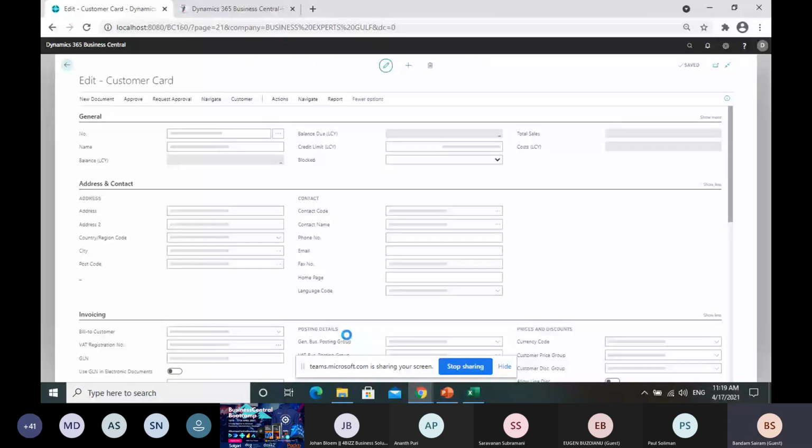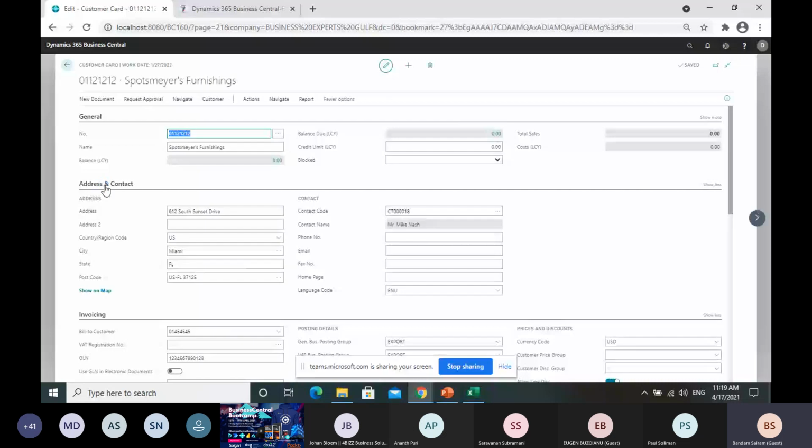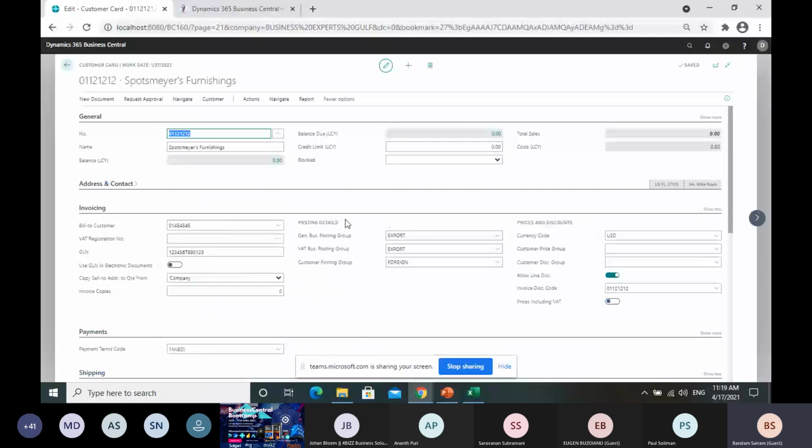Inside the posting details, when you are going for invoicing, there is a posting detail called general business posting group, and on top of that, customer, which is a specific posting group. So I have selected for this particular customer a general posting group as an export. So whenever I make a transaction on this particular customer,